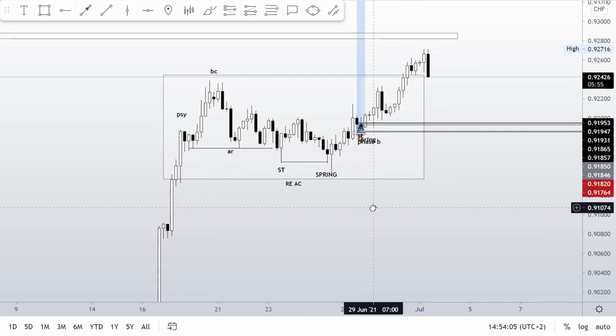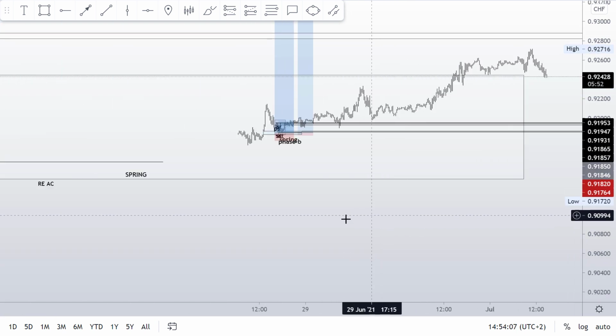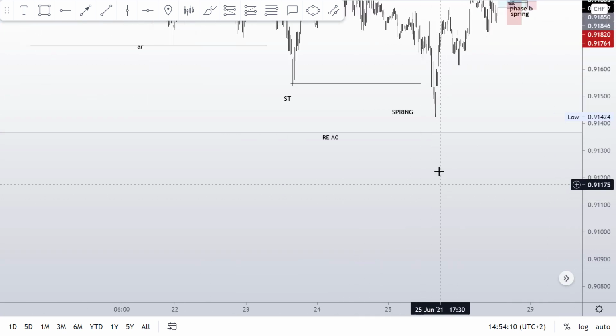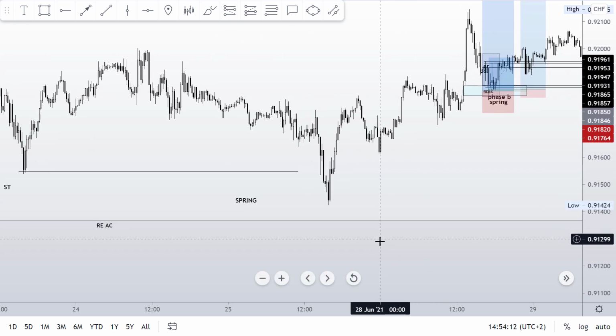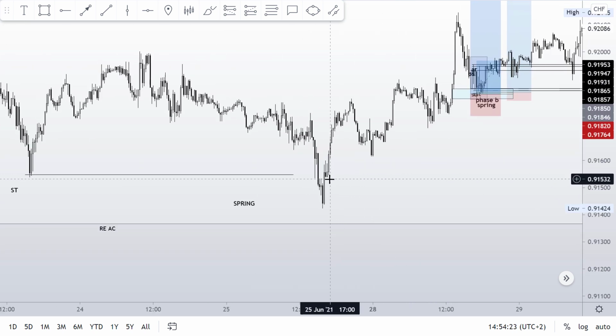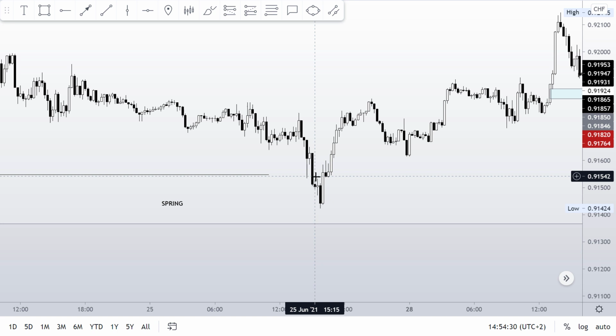So now that we have had our spring, if we go down to the 15-minute chart, let's say, and let's go right here, we had the spring. Of course, we can see that we never came back to retest this order block right here, and we never went even further down because we also have an imbalance here.